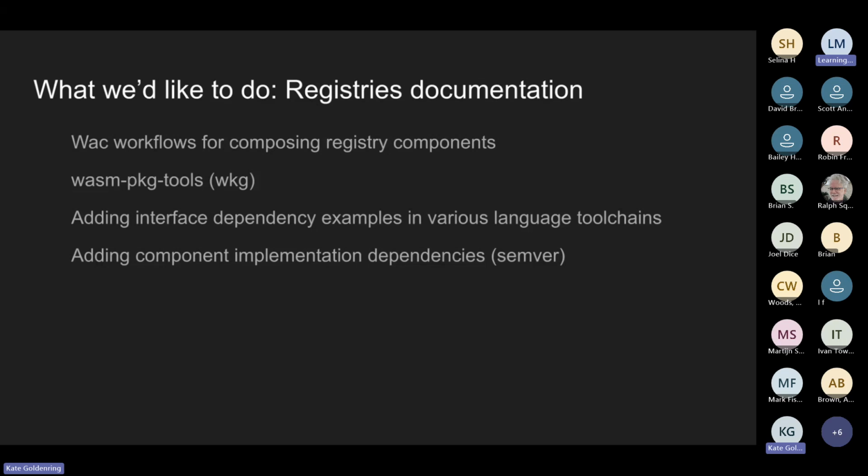And then this, again, also would have an example where you could have something that depends on a specific interface, and then you would use WAC to specify which implementation you would like to satisfy that interface dependency. And then I also talked quite a bit about unlocked deps and having a kind of semver resolution for implementations of components that exist inside of a registry. So yeah, there's a lot of work to do in documenting any of that, because there's not a lot to